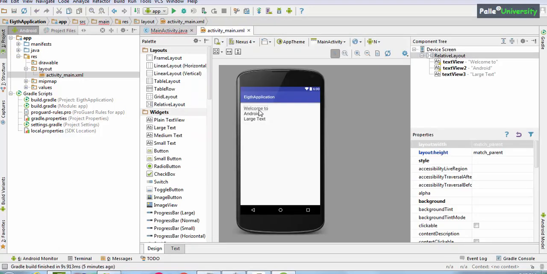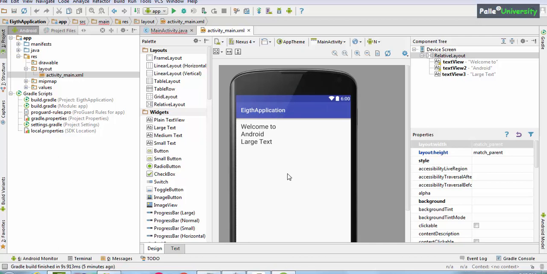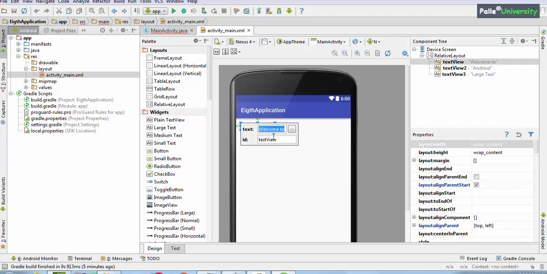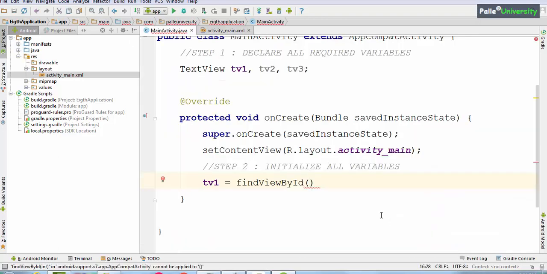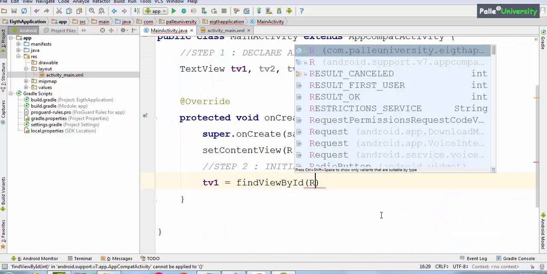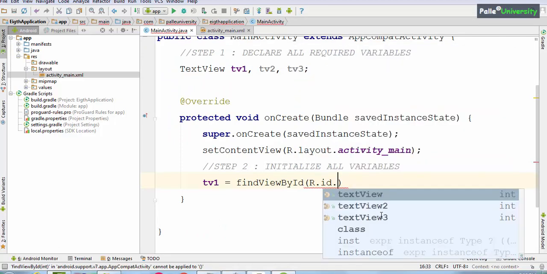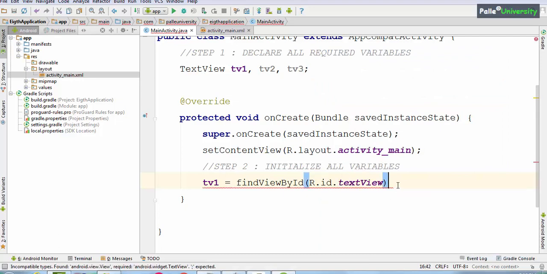The name of the first text view is, don't get confused between text and ID. What is visible to the user is text. For the programmer, what is important is the ID. ID can also be called the name. So when you double click this, it will show the ID of the text view is textView with a small letter t. So we have to refer to the first text view as R.id. Select first text view, put semicolon,